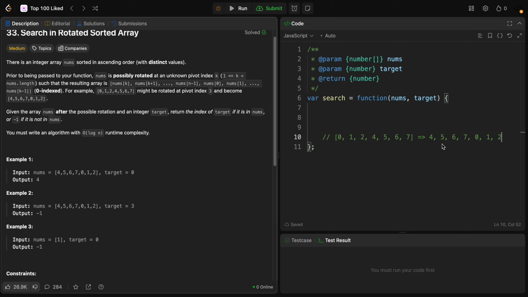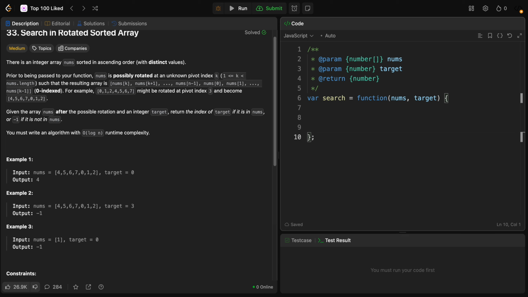Instead of 0 1 2 4 5 6 7, it will be 4 5 6 7 0 1 2. So it's been rotated 3 times. The goal is to find the index of the target value if it exists, or return -1 if it does not. Okay,